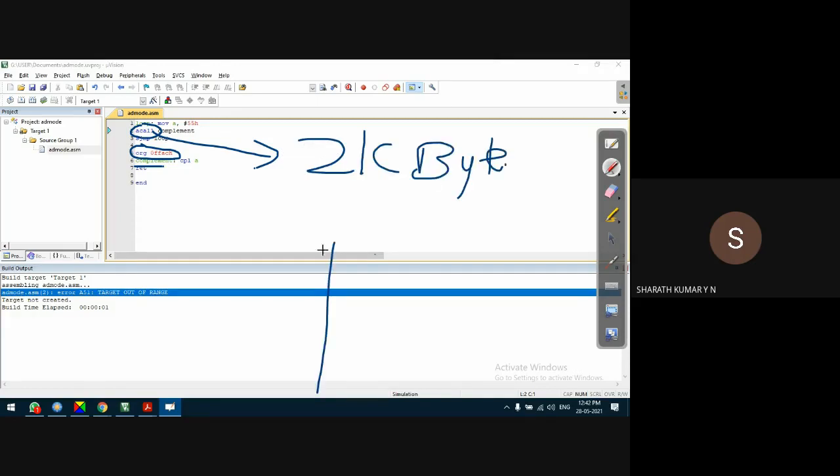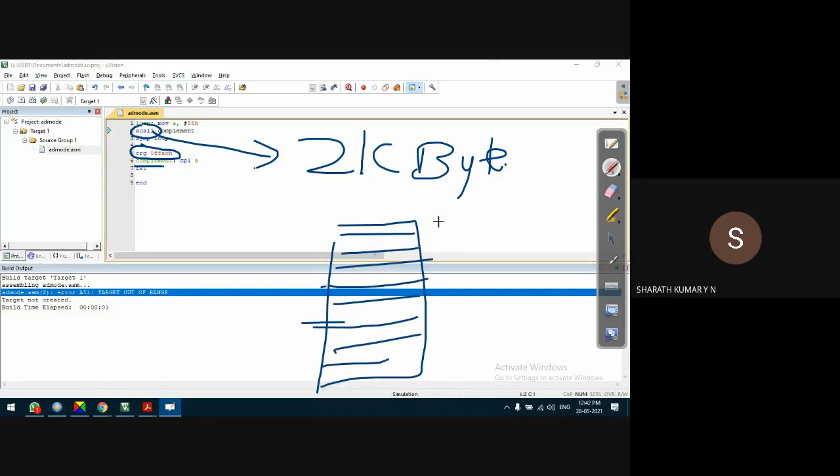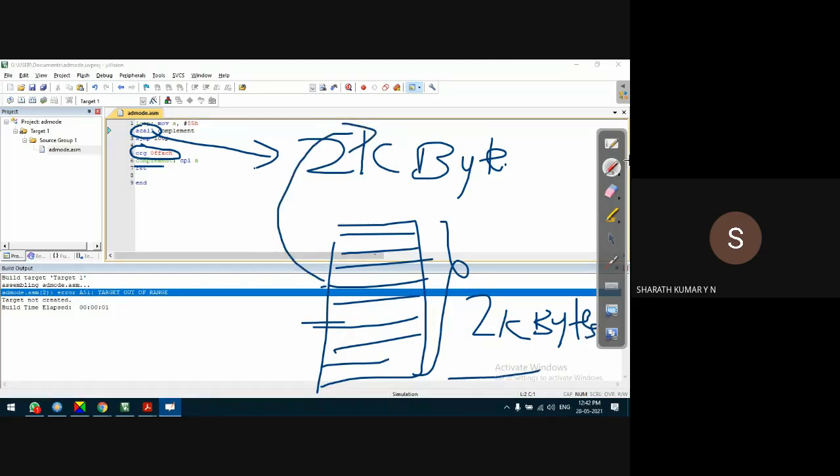If you take this as RAM space, each line represents 1 byte location. This should be within 2000 locations, 2K bytes. If it is beyond this address, the compiler generates an error. So we can see that the target is out of range, not possible.